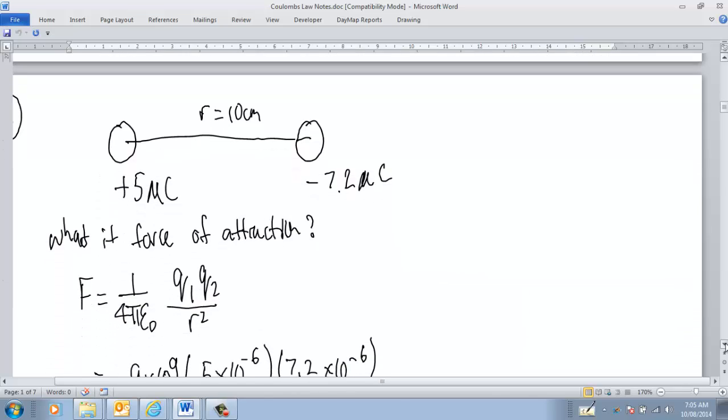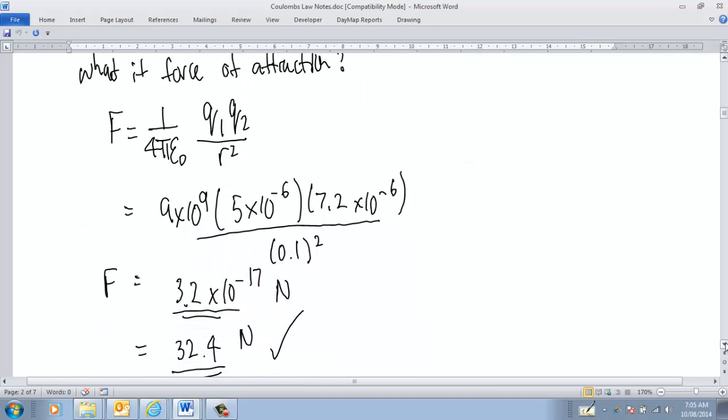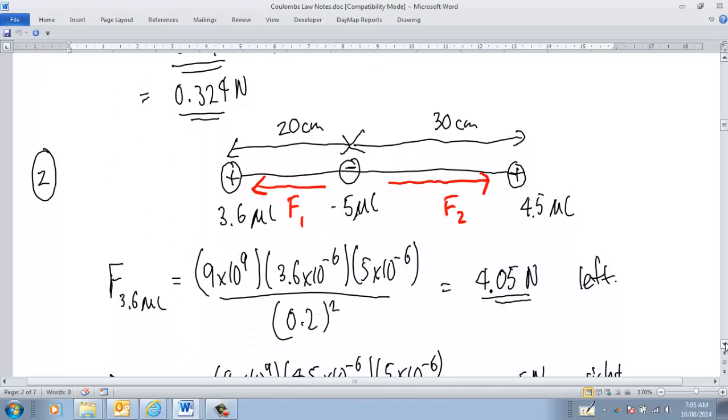Just want to look at another example of Coulomb's Law. Obviously, we won't worry about this first one. That's simply using the formula as per that. The interesting question here is, let's say we have two positive charges, and one's got a charge of 3.6 microcoulombs, and the other one's got a charge of 4.5 microcoulombs, and they're 50 centimetres apart. If we put something at the 20 centimetre mark, a minus 5 microcoulomb charge, what would be the overall